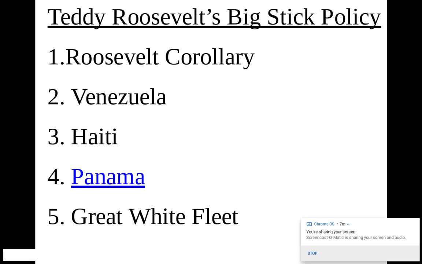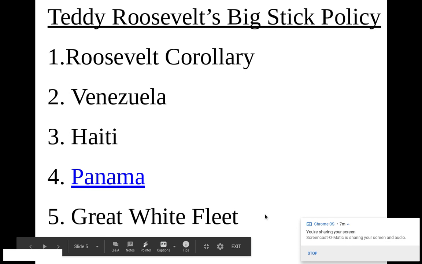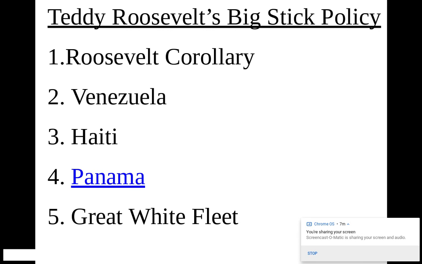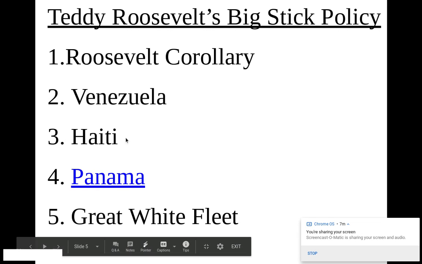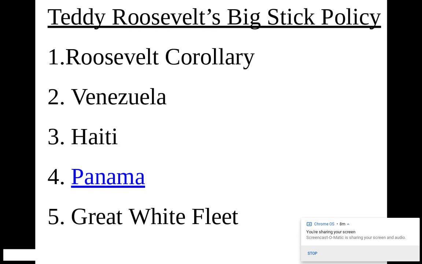And we send in the military and we send in our Navy, what Teddy Roosevelt referred to as the Great White Fleet, a very Rudyard Kipling-esque name for our Navy, right? So we send in the Navy and we take over the harbors and we impose taxes and duties and we pay England their money. And the United States, this is a big departure from America's isolationist policy in the past. The United States is getting actively involved.